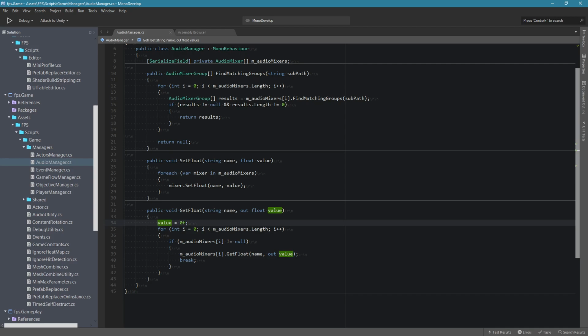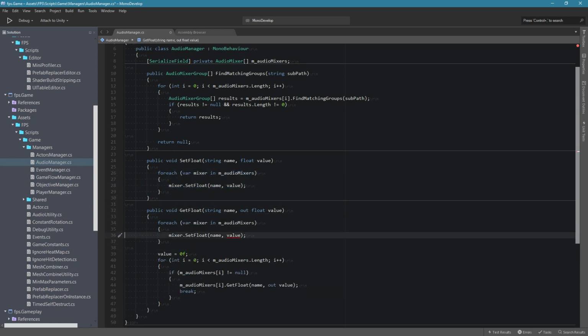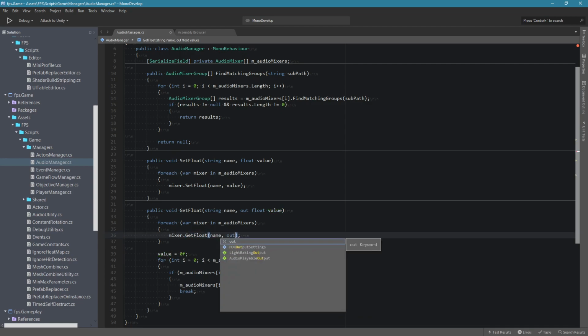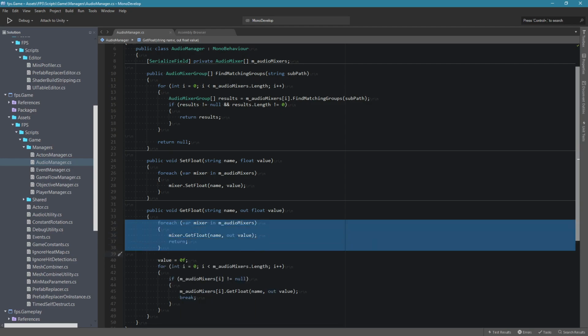And then here, okay, so you want the value, and you find a non-null audio mixer, you get the value out, and then you break. But you might as well return here because there's nothing coming after, right? The return signal is okay, you're done. So again, let's just make it a little bit simpler here. Okay. So the first